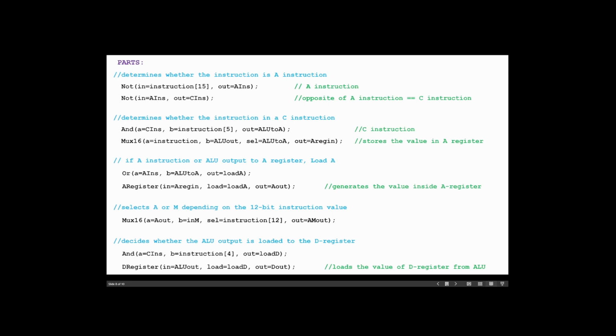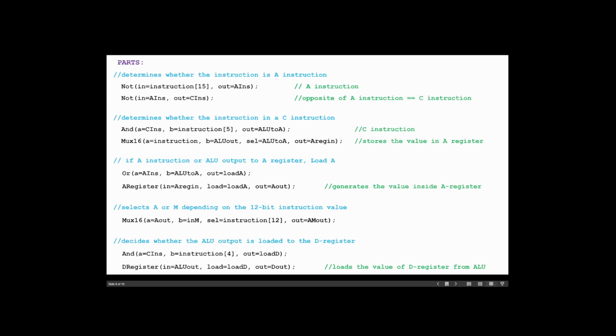In the first lines, we can see that the NOT gate is used to tell whether an instruction coming into the CPU from the instruction memory is an A instruction. But first, the CPU decodes the 16-bit instruction into an opcode and a 15-bit value. If the opcode is 0, the instruction is an A instruction, whereas if the opcode is 1, the instruction is a C instruction. For instance, if the instruction coming into the CPU from the instruction memory is an A instruction, the CPU takes the specified 15-bit value and stores the value